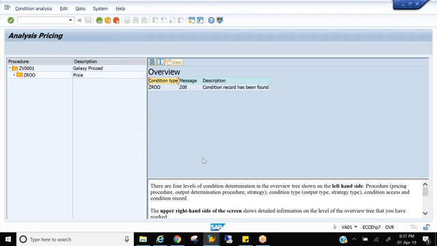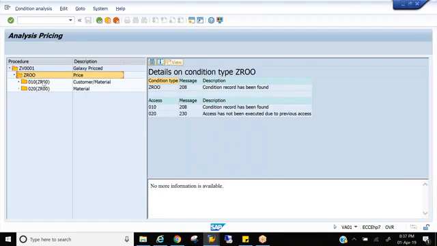Anyone? ZV0001. Right? So you can see the procedure here, ZV0001, that is correct. Under that, what is our condition type? ZR00, that is correct. Under this ZR00, what access sequence did we put? We put ZR00. In the ZR00, what tables have we put?